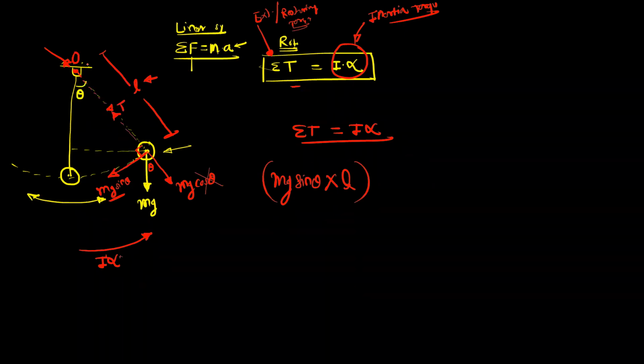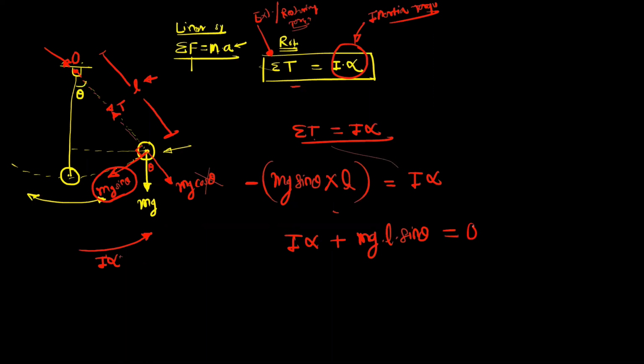So take this point as O. So about the point O, the moment created by this component is clockwise. So this is negative. So minus mg sin theta into L is the external torque. This is equal to the inertia torque I alpha. So it is in the anti-clockwise direction. Okay. So this is I alpha and it will be positive. So just rearrange this term. You can take this term on the right side. So it will become I alpha plus mg into L into sin theta. This is equal to 0.